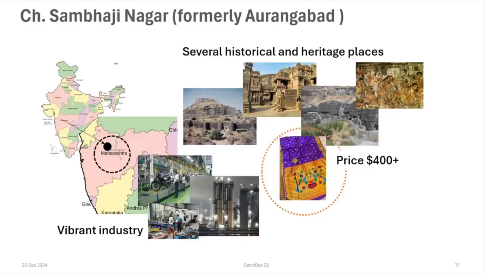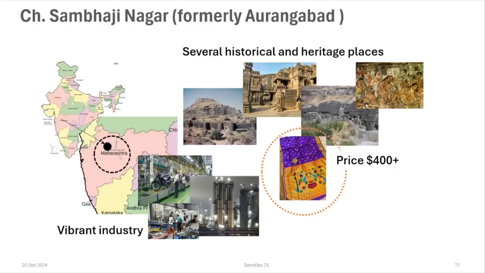There's one particularly notable product of this region. It is called a Paithani sari. It is from a place called Paithan. It originated probably several centuries ago, and the technique which the craftsmen use has been acknowledged as something very unique. And these are very expensive silk saris, typically priced, as you can see, at something like